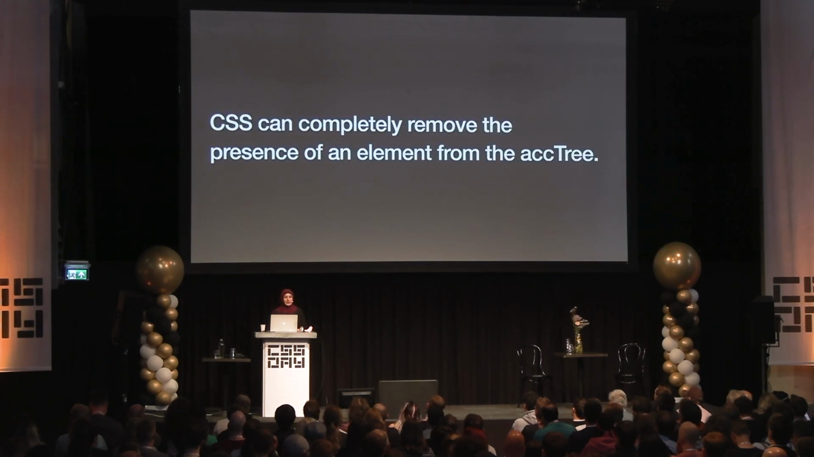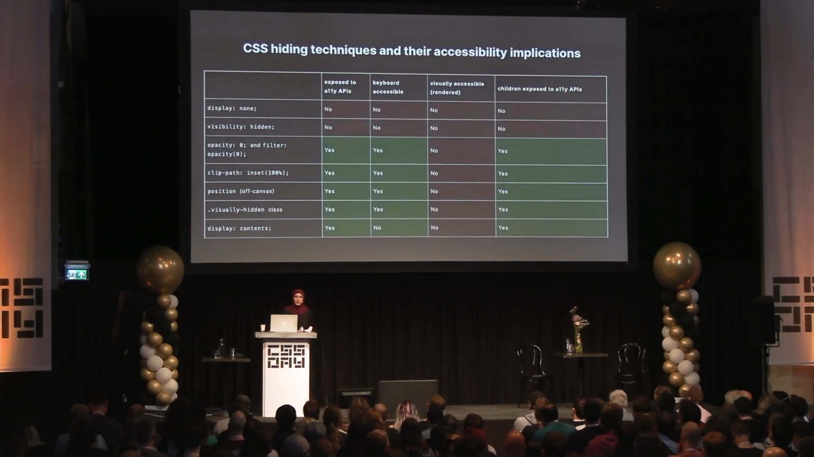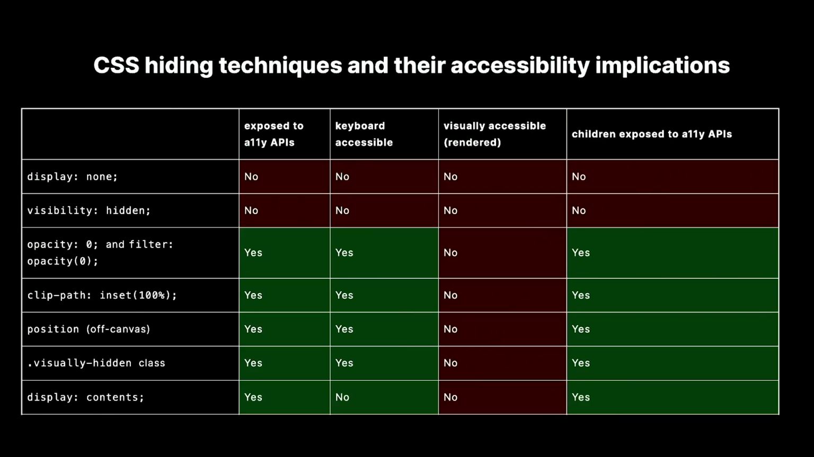CSS can also completely remove the presence of an element from the accessibility tree. Now, there are several ways that you can hide an element using HTML, CSS, and ARIA. In CSS, there are 7 main ways that you can hide an element on the page. Out of these different techniques, visibility hidden and display none remove an element from the accessibility tree and make it inaccessible to all users. Screen reader, keyboard, all users. Now, display contents, at the bottom, on the other hand, it does